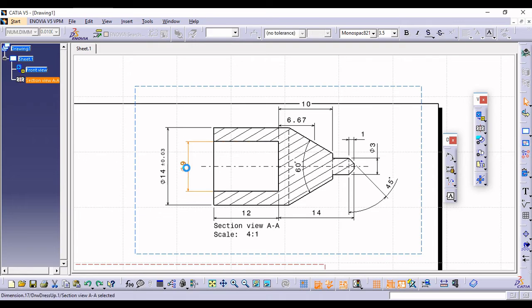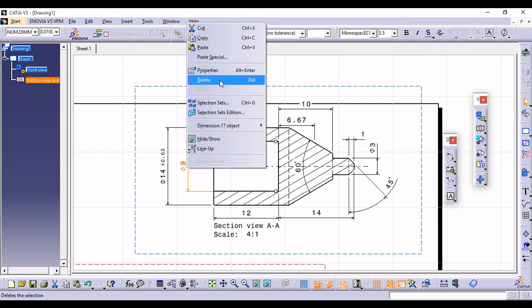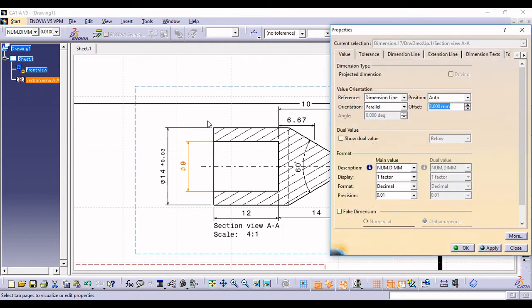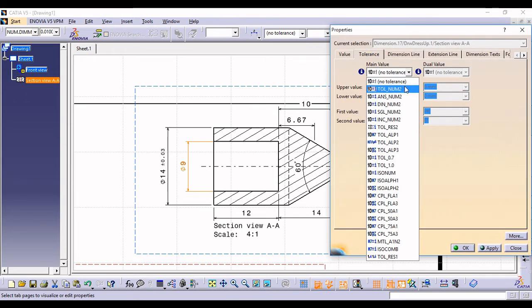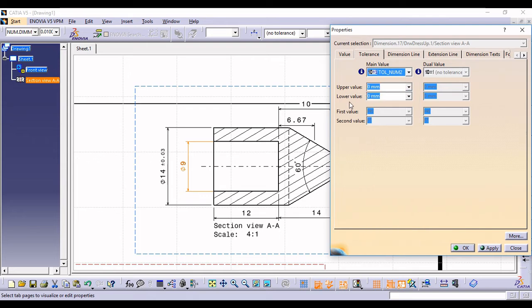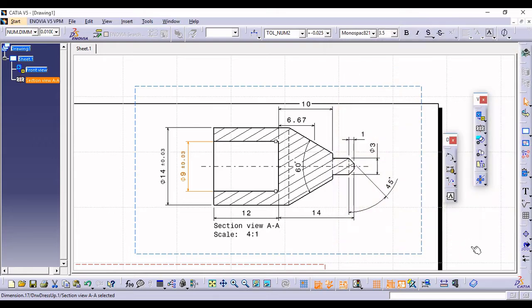Yeah, so select this, right click, go into its properties, and there go to tolerances, the first one. Here we have the upper value and here the lower value, and first type here 0.025 on the plus side, and on the minus side put minus 0.025. Let's see, yes, and say okay.